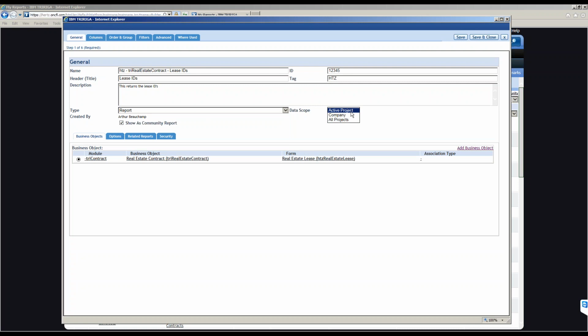And then the data scope. There are 3 different data scopes: active project, company, and all projects. The active project only shows data available in the selected project. That's something that the capital projects team would use more often. You guys would be more interested